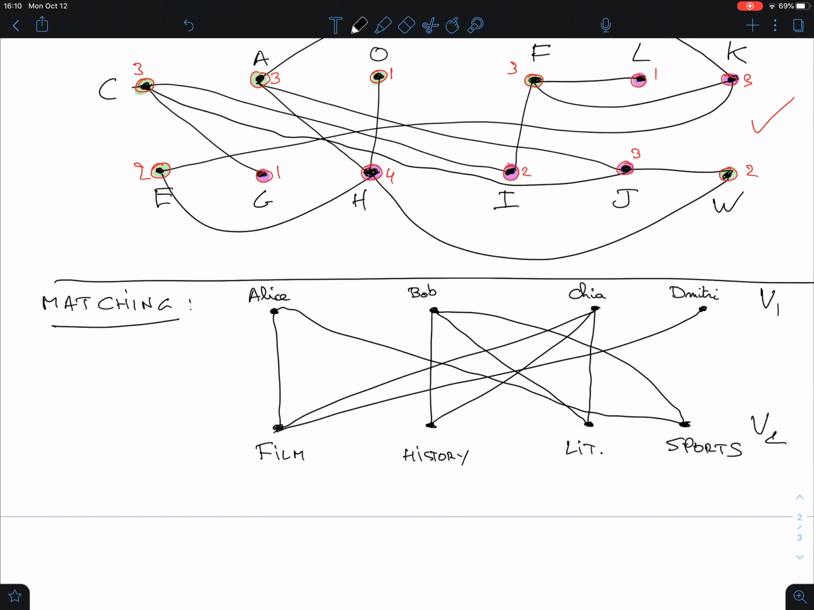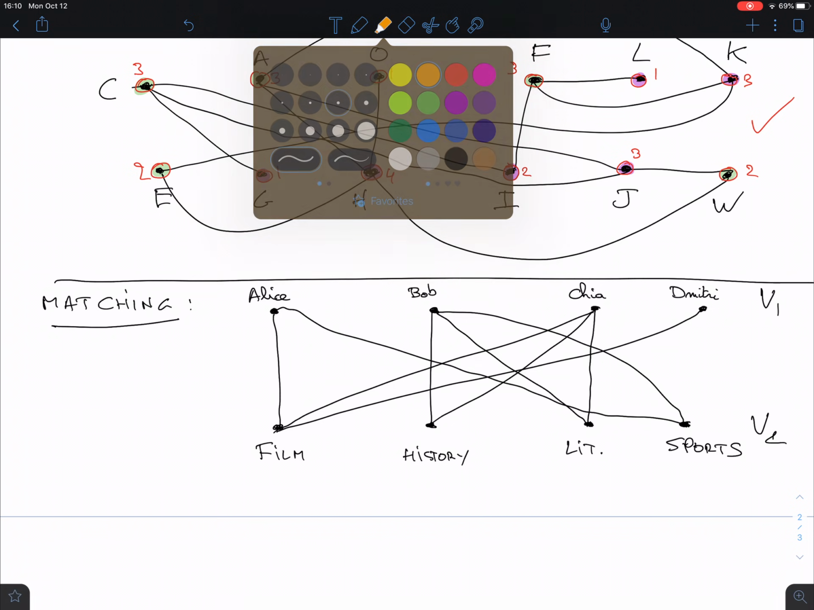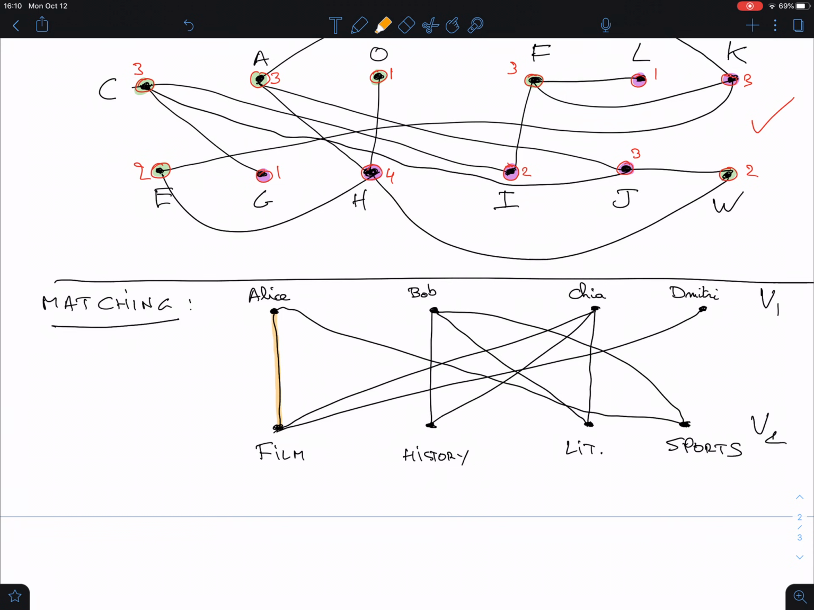Okay, so what we want is a matching. And we want not just that. Of course, we could match Alice with film, and that's it. So this is what we call a matching. I'm going to do my matchings in orange. So just this one edge would be a matching, because we matched Alice with film. So a matching is a subset of the edges such that no vertex is an endpoint of